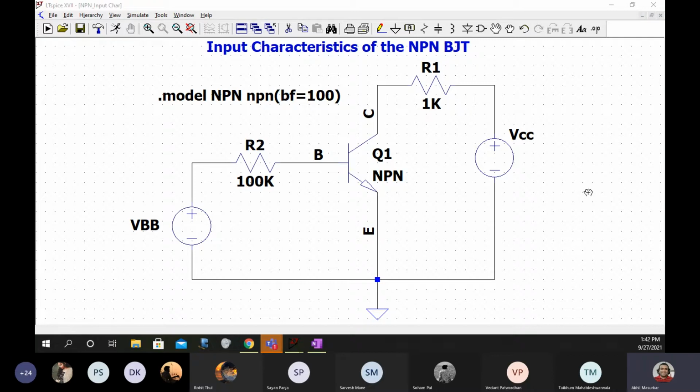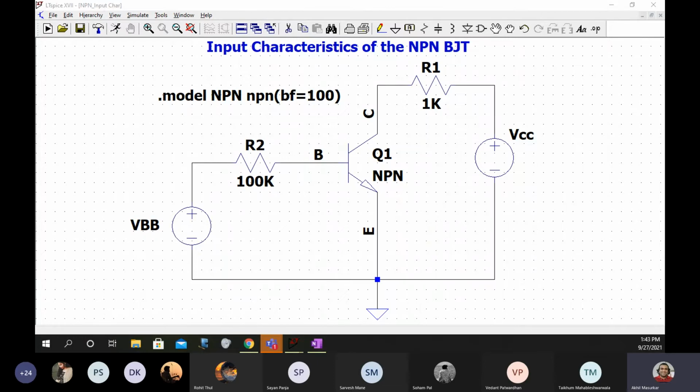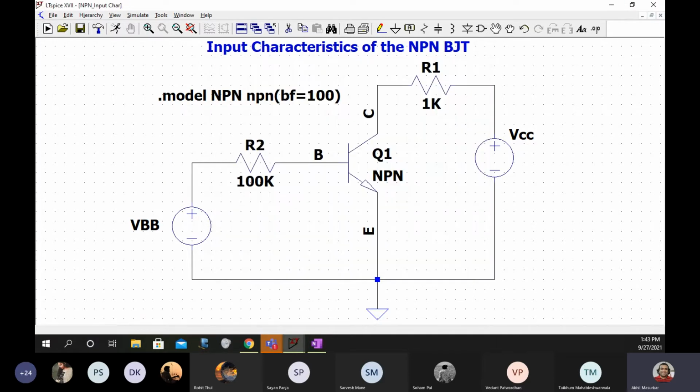Okay, good. Now, once we are at this circuit, I will just press save for safety. Shubham, you have not selected none for the voltage sources. See here, right click on this source like this, go to advanced and select none and then say OK. Shubham, did you get it? Yes, sir.